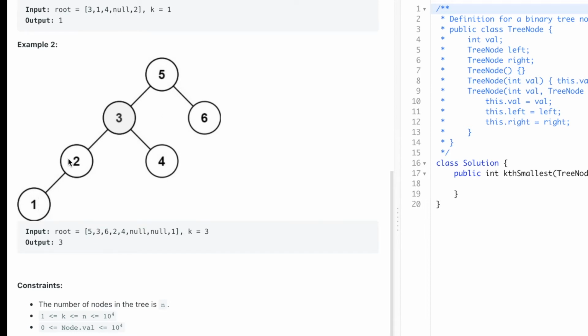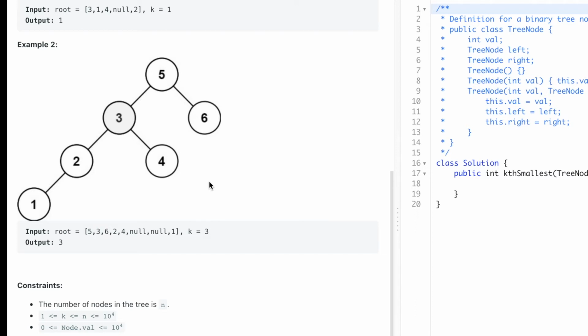The numbers are coming in sequential order, but it is not restricted to be sequential, but it has to be a binary search tree. So how are we going to solve this problem? One thing about a BST is, if we do the in order traversal of a binary search tree, we'll get the numbers in sorted order.